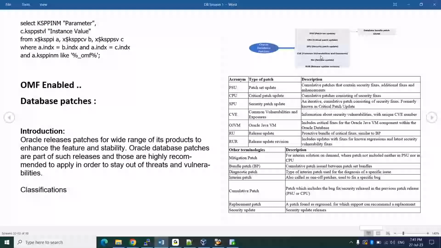If there are any vulnerabilities in your organization, some higher management will call you: hey DBA, we got this CVE number, what is the high or mid priority? In that way, based upon that CVE number, we will identify and search for the related patches, whether Oracle released them or not. That we will check. Who will provide this? We have, in each and every organization,